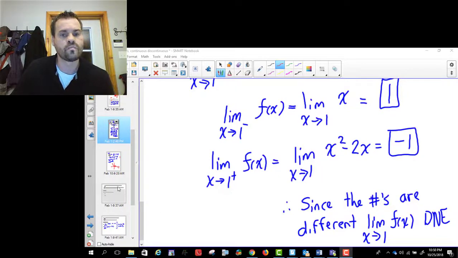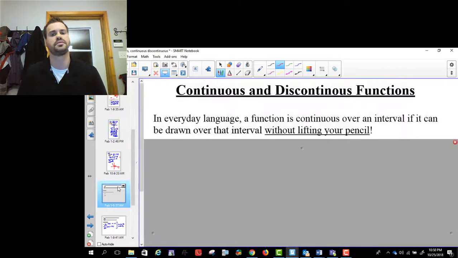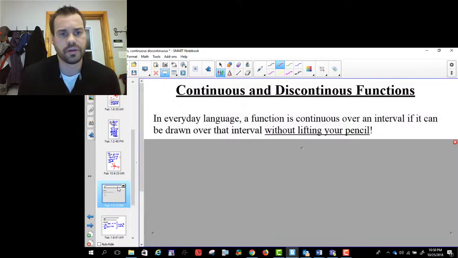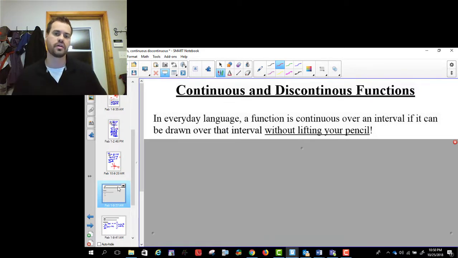And we're back. So let's take this and apply it to continuity. So the question is, okay, what's continuity? If we're thinking about it in everyday language, how would I describe this easily? The idea is that a function's continuous if you can draw it without lifting your pencil. Now, what we mean by that is,